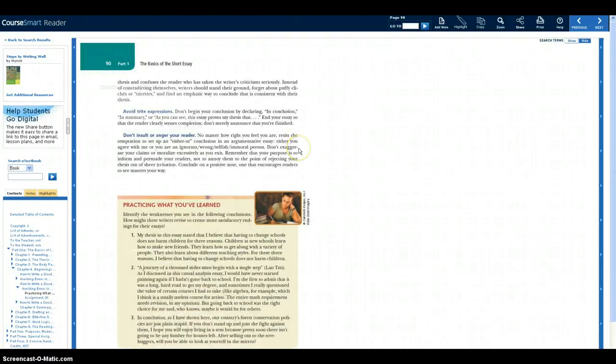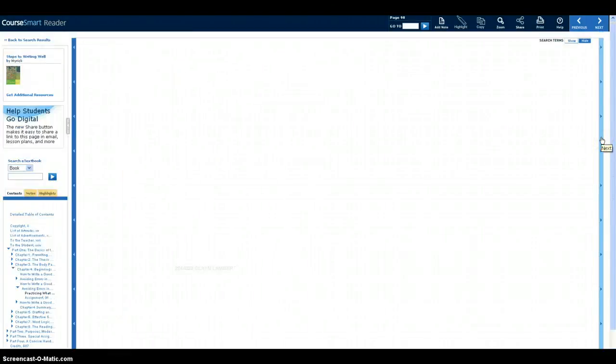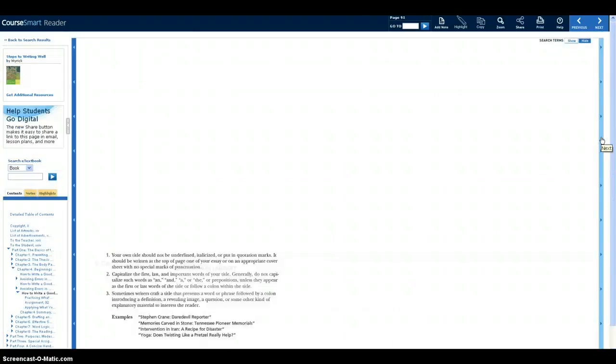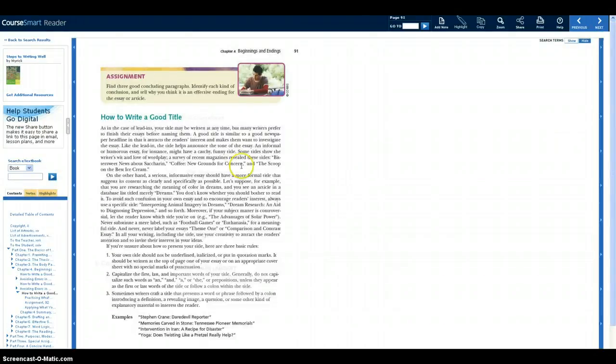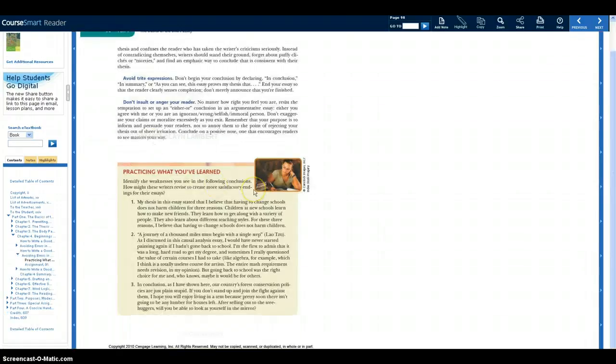Okay, on page 90, what you're looking for is what's happening in these conclusions that doesn't work. What's wrong with these conclusions? There are approximately, let's see, 3 of them. So it should be fairly easy to identify what problem is happening in that particular conclusion. And then finally on page 92,